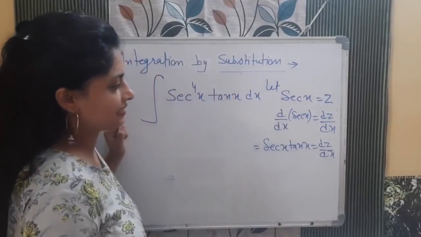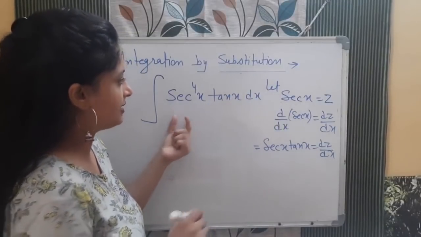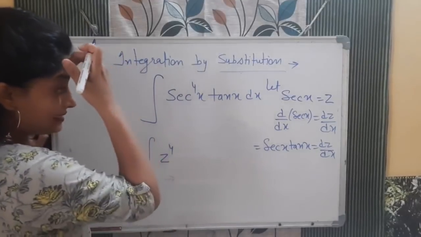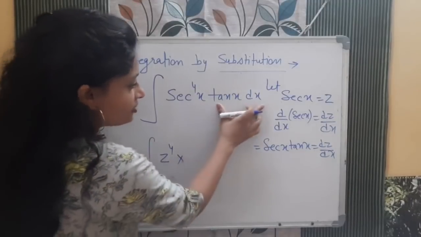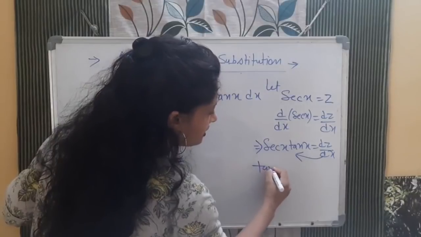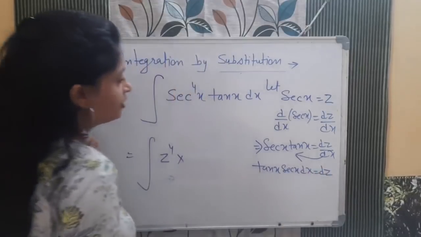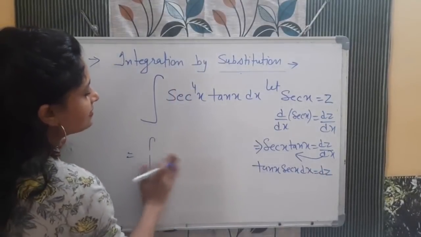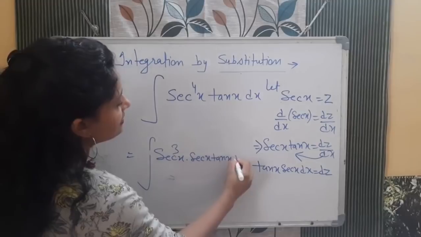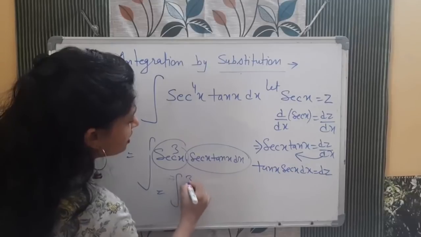तो यहाँ पे हम क्या कर सकते हैं? We can simply put the value like secant x के प्लेस पे हम कितना रखेंगे? z. In this question, secant x के place पे we will put z. Z raised to the power 4 because secant x raised to the power 4 is here. Into tangent x dx. अब यहाँ से देखो, take it this side. What will happen? Tangent x, secant x, and dx is equal to dz. So we can simply do what? We can write it like this: secant cube x into secant x tangent x and dx. In place of this we will put dz, in place of this we will put z cube. So what will happen? Z cube and dz.